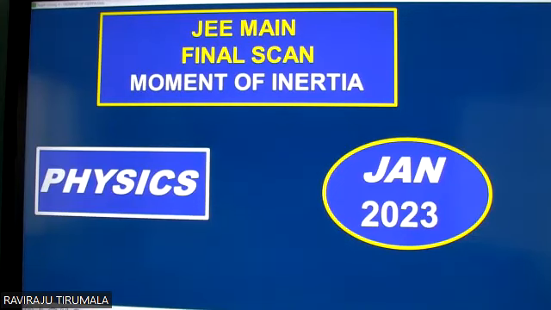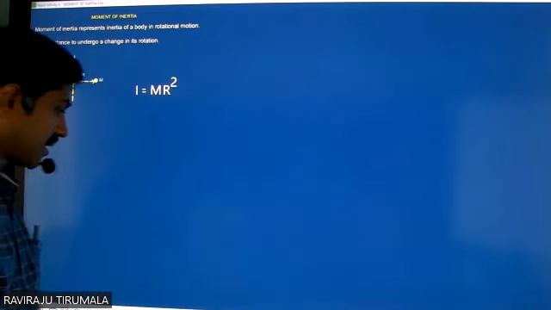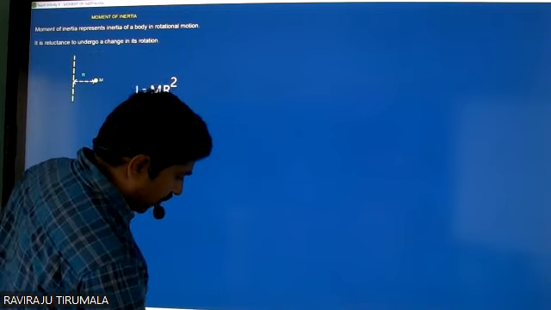Topic is moment of inertia. What is inertia? Inertia means, in a general sense, what is inertia? Inertia means, for example, if any body is taken,